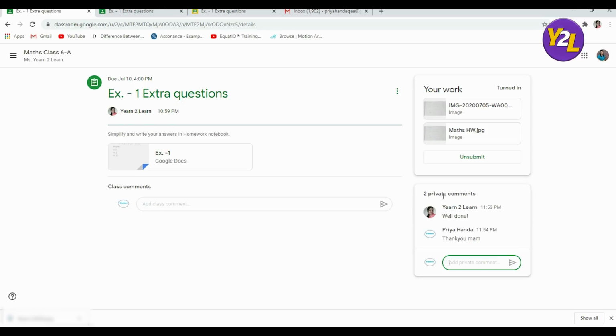It will go. Now this is a part of private comment which is not visible to the class, and this is the part of class comment which will be visible to whole class, right? For example, you are the monitor of the class and you have been asked to write something or give an extra note, so you can write this note here which will appear for class.